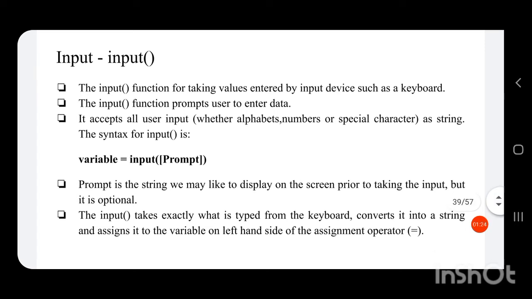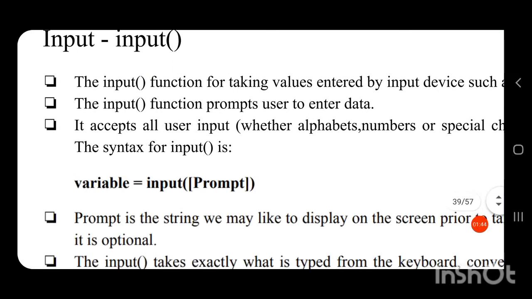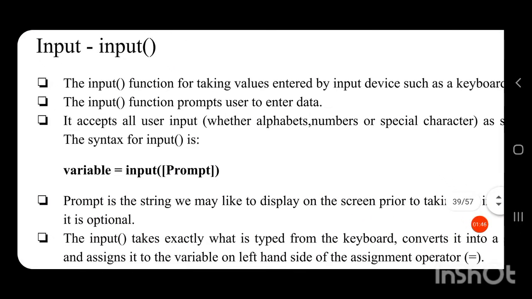So the input function prompts the user to enter data. What is given inside this input function acts as a prompt. You know the prompt, that is three arrows. The same function is performed by what is given inside this bracket, which acts as a prompt, and the user can enter the data there.